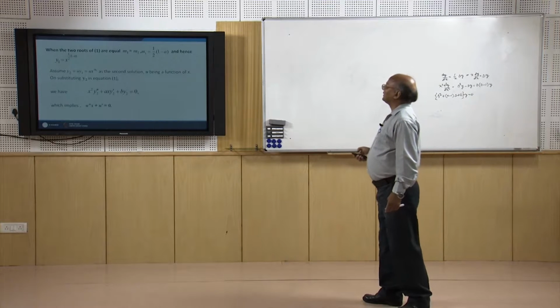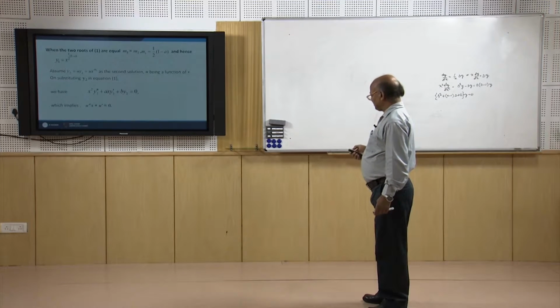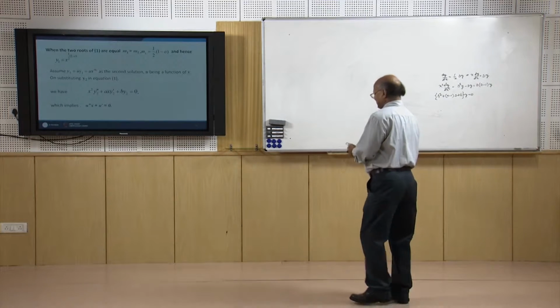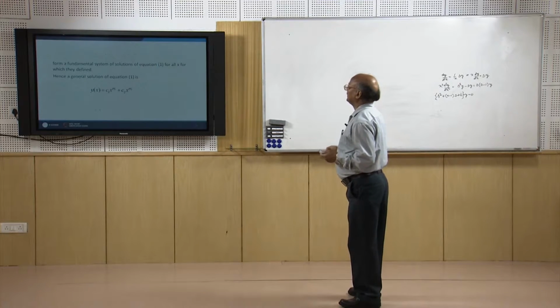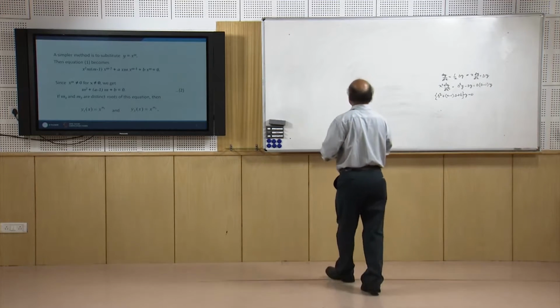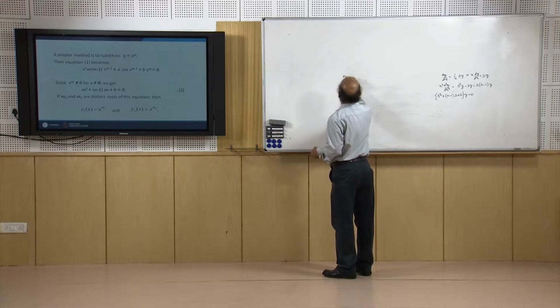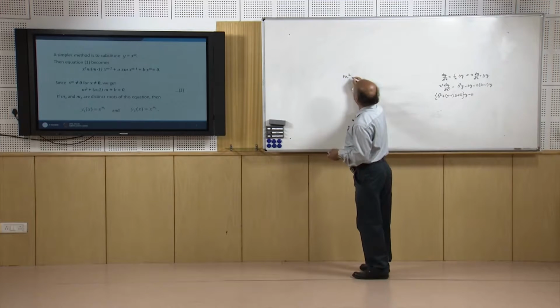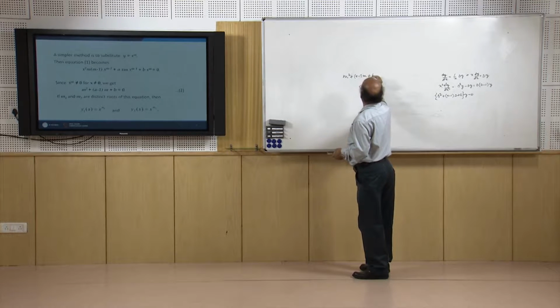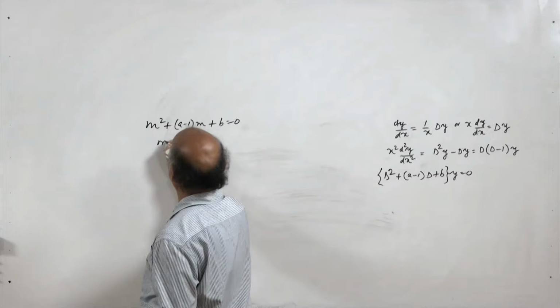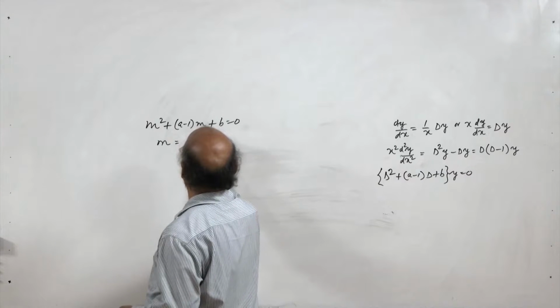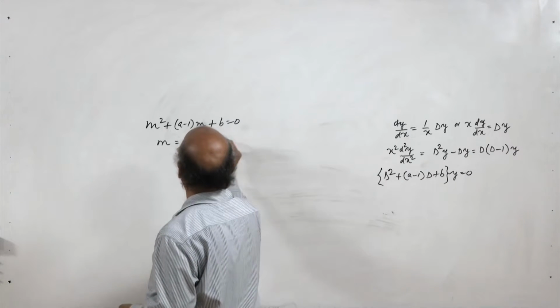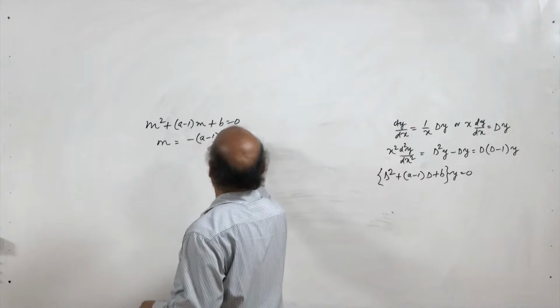Now, the other possibility is that the two roots m1 and m2 are equal. We had the equation m square plus a minus 1 into m plus b equal to 0. When we solve it for the values of m, we get minus a minus 1 plus minus under root